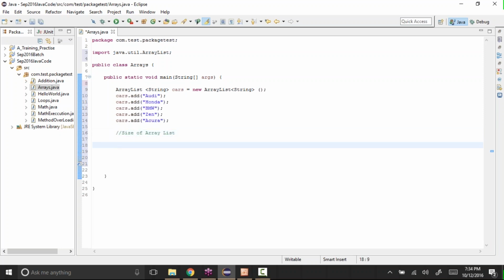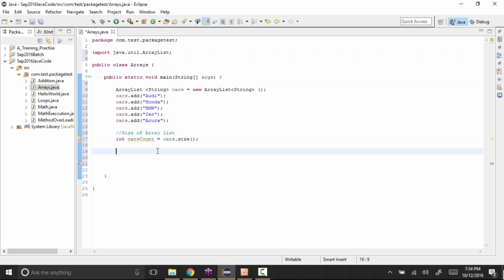How we can get that is, let's say int cars count equal to cars.size(). This will give me how many values are stored in that list cars.